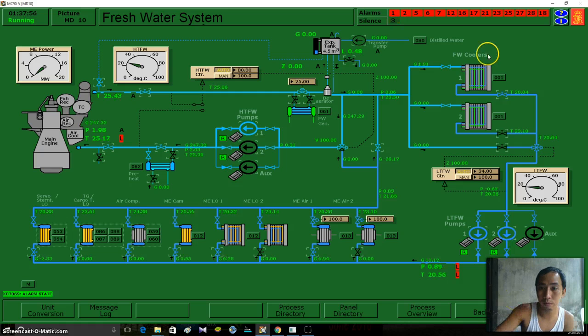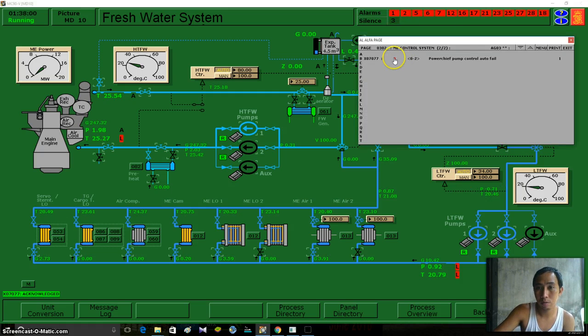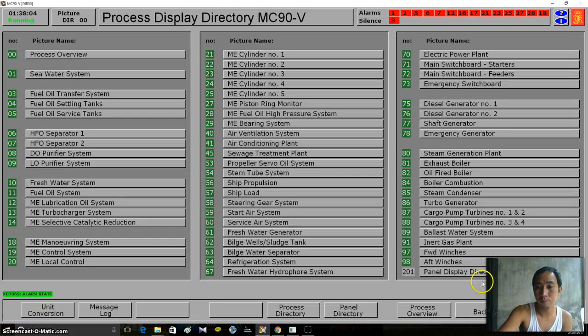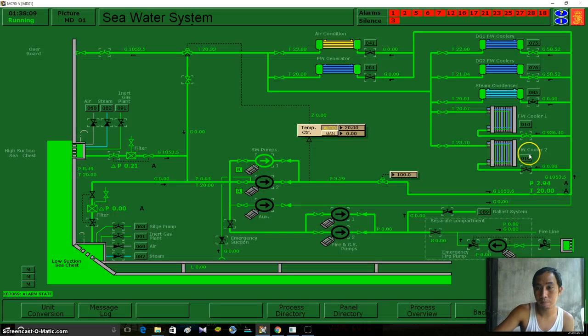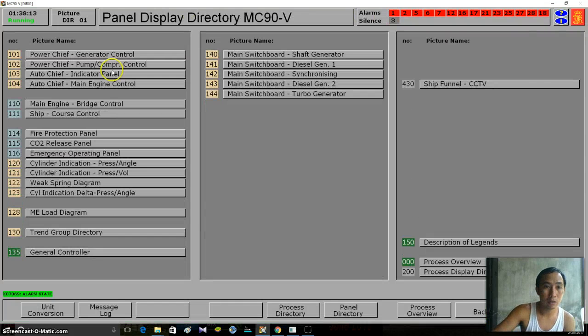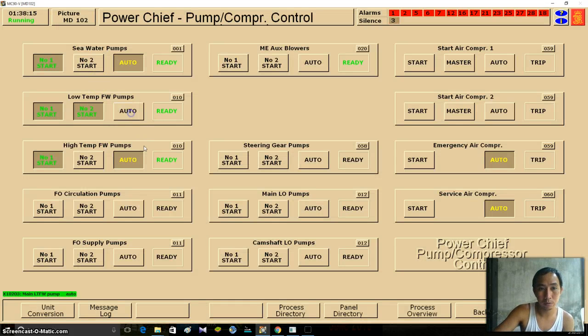We're going to our controller, home, cooling system, pump controller, and we're going to check again. These alarms.